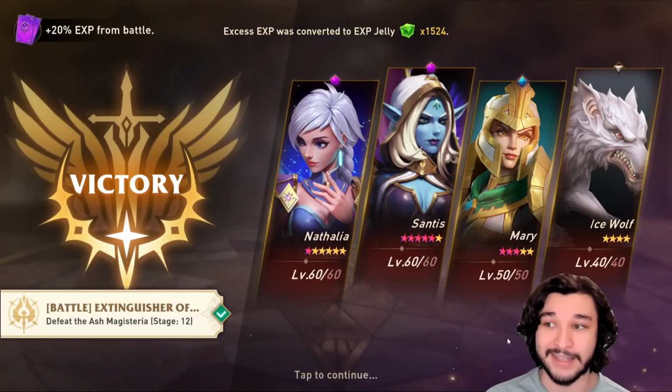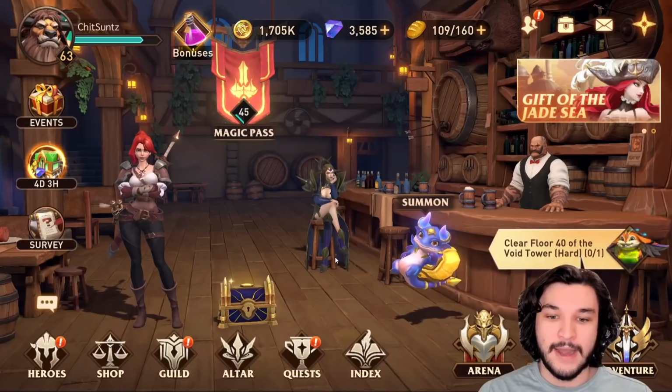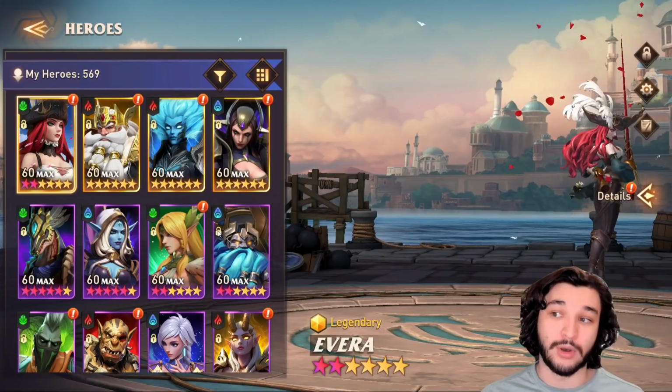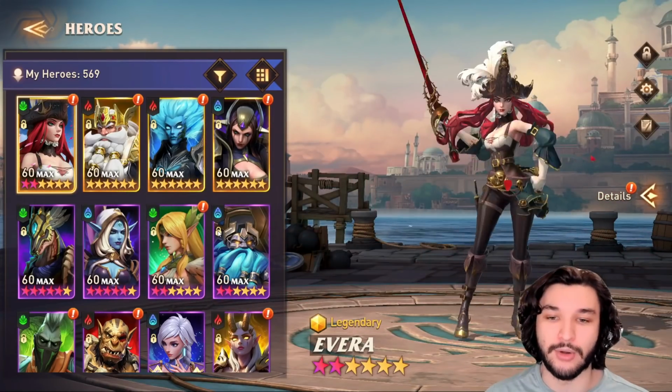I'm going to go ahead and send that to ChitSuntz here, and then I'll be right back to see what our next plan is. All right, so here we are. There's the jumping chest from Ash 12, and we're going to go ahead and build a Tulpa 12 comp, or at least attempt to. We're running a little bit lower on gear charms and gear in general, but we're going